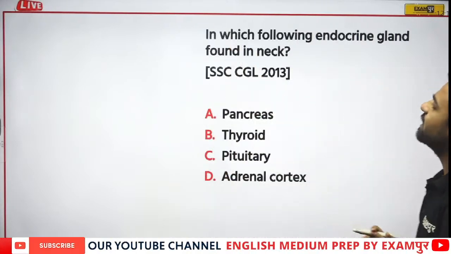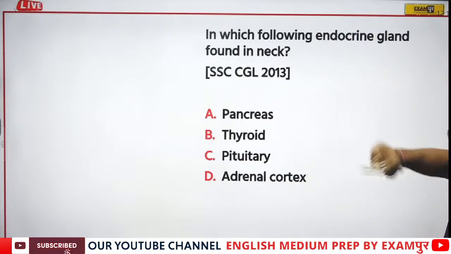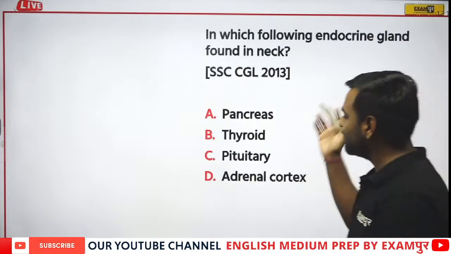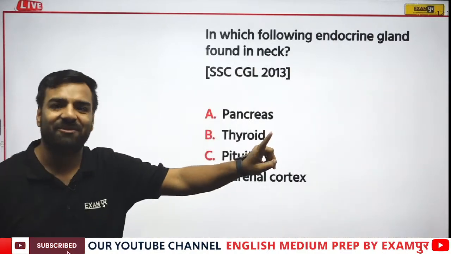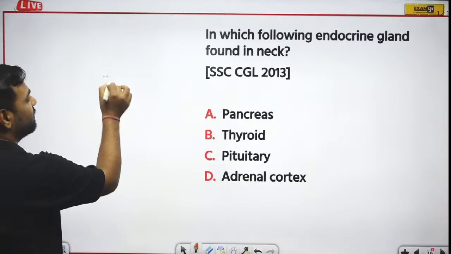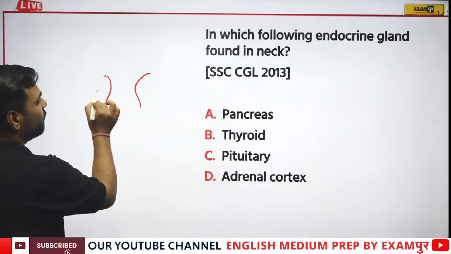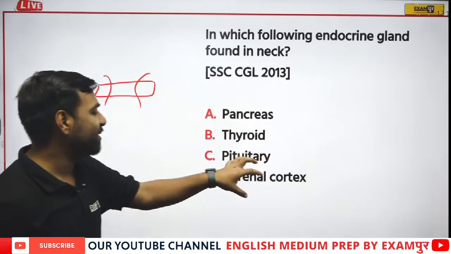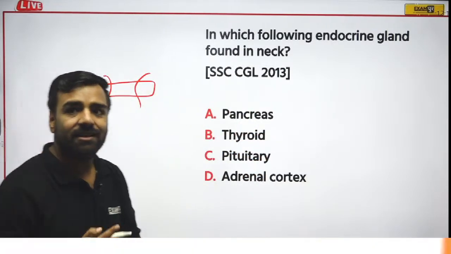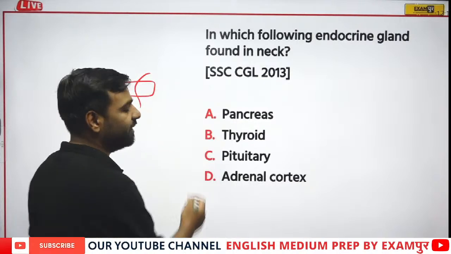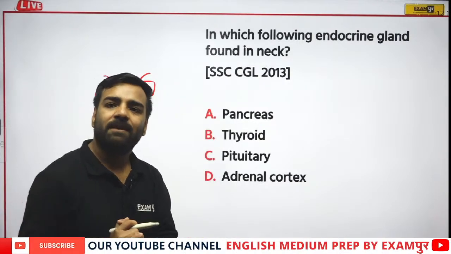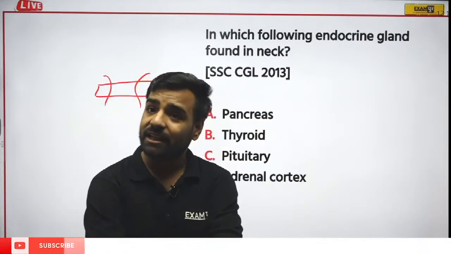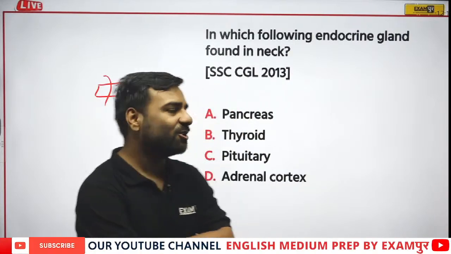Yes, so there's a next question. Which of the following endocrine glands is found in the neck? Now let's see who is going to give this answer. We have just discussed it. I'm talking about the neck. So which is that particular gland which would be present in the neck? Is it pancreas, thyroid, pituitary, or adrenal cortex? Momita is with thyroid. That is option B. Others, Ilma, Nikita, Abhishek, can you give the correct answer? Ilma is also with thyroid.